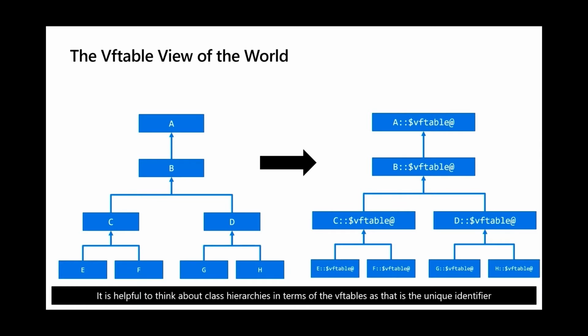And so if you have a class hierarchy like the one on the left here, the vtable hierarchy would be on the right. And I have the mangled names that the compiler uses, but this hierarchy effectively looks identical to the normal class hierarchy, because this is a very simple single inheritance case. But the compiler does track vtables just like classes. So the compiler knows this is the base vtable. This B vtable inherits from A. The C vtable inherits from B. The compiler tracks all these relationships.